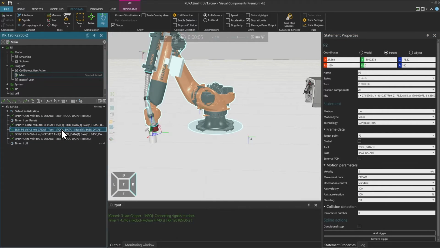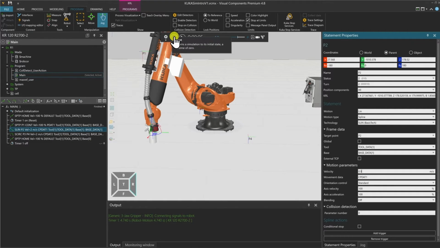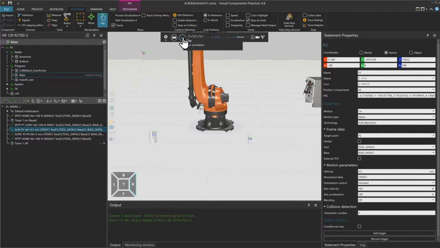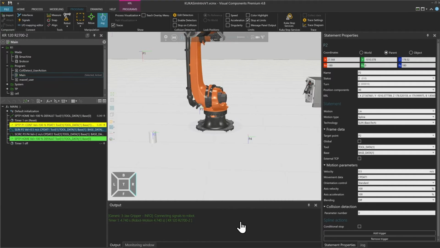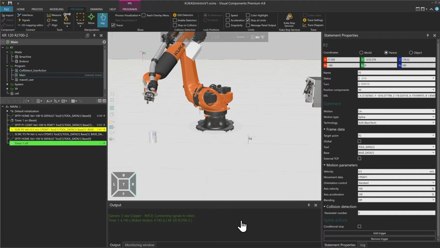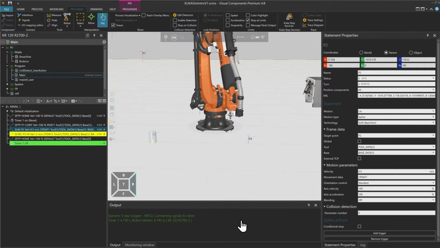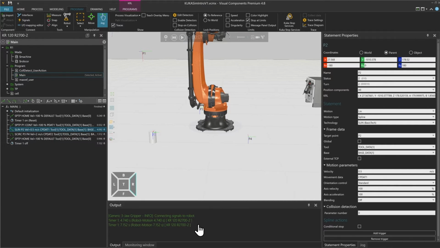And I want to reduce the speed of this linear movement to 0.5 meters per second while traveling down. Let's see what happens. So you can see how this cycle time drastically changed and is now way longer because I have a way slower path or linear motion from P1 to P2.